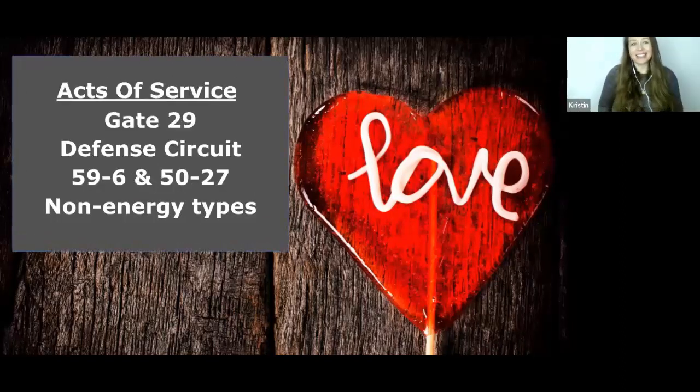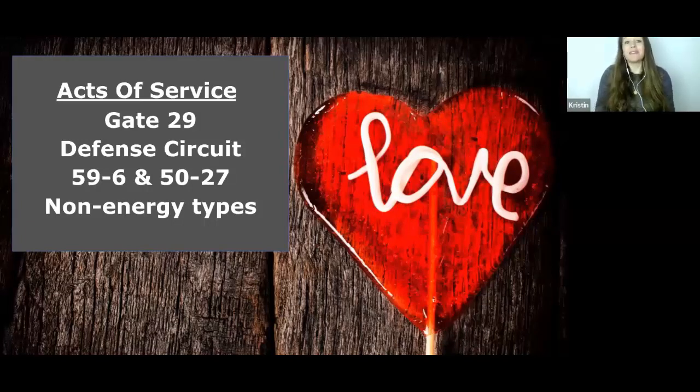Acts of service. Okay, so some of the gates here is the gate 29. The gate 29 is the gate of commitment, and sometimes it can overcommit. Okay, it loves commitment. It loves having committed friendships, committed plans. If you're making a plan with the gate 29, you better stick to that plan, especially if they have a defined will center. They're all about commitment. And the gate 29 can sometimes overcommit. And so if you do things for the gate 29, that's something that they really see and value.